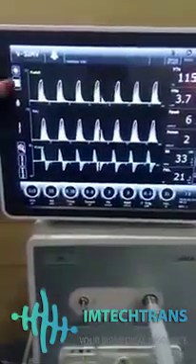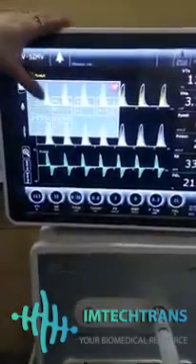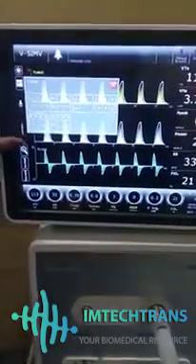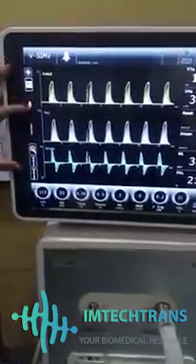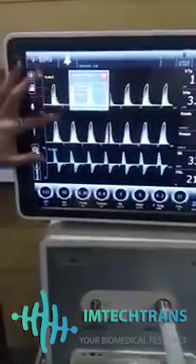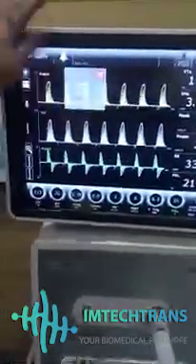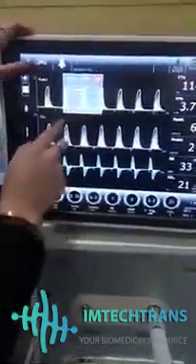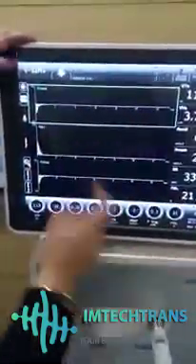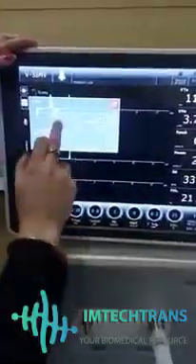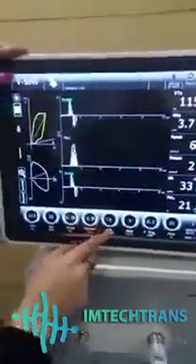So let's talk about the waveforms and the loops available. We have various layouts, so we can select out of these 6 layouts. In the first one, these waveforms are available for pressure. This one is the pressure one. Second one is the flow. Out of these we can switch between all these waveforms, like we can switch the flow waveform here also. Now in the second layout, loops and waveforms are available.